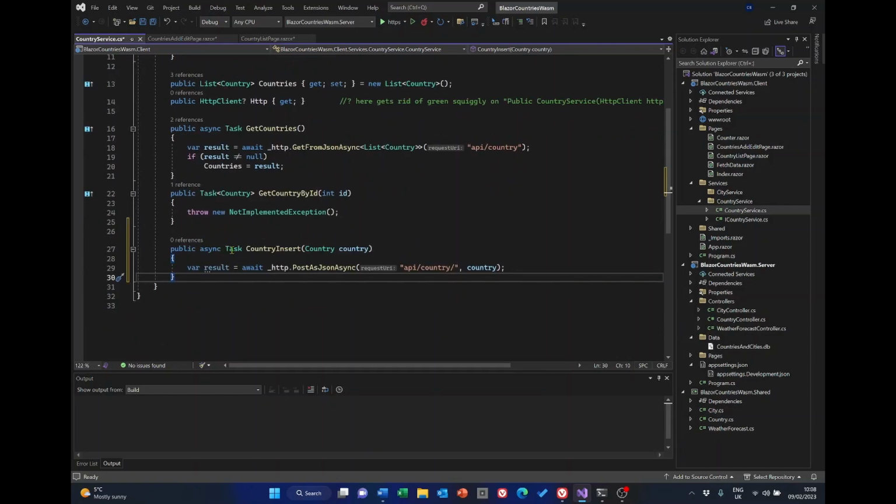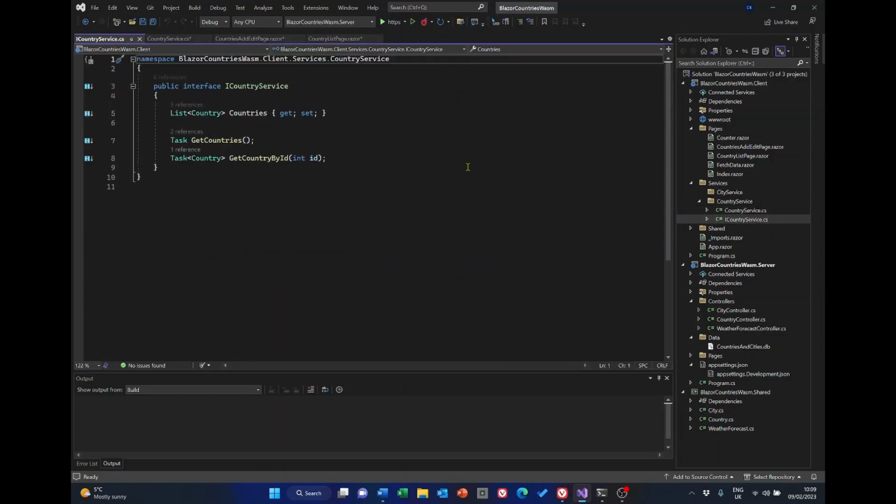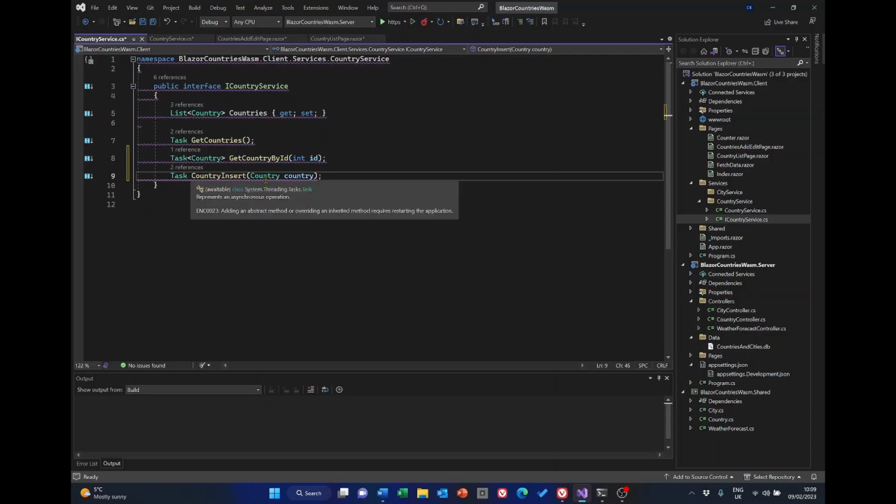So it says country insert, and we're passing to it a country object called country, and then we're going to await the post as JSON async, and then notice the API that we're going to, and then we're passing the country object to it. That's stage one. We also need to look at country service, and we need to add the task in there for that, which is simply this. So we're adding task country insert and country,